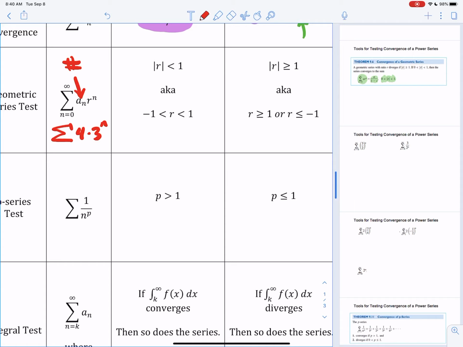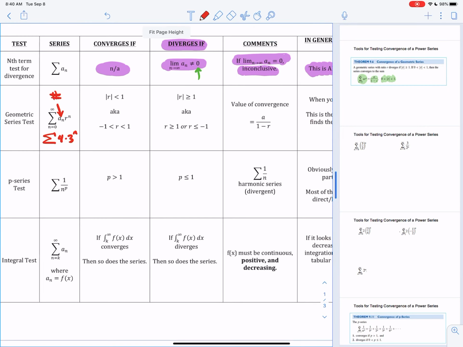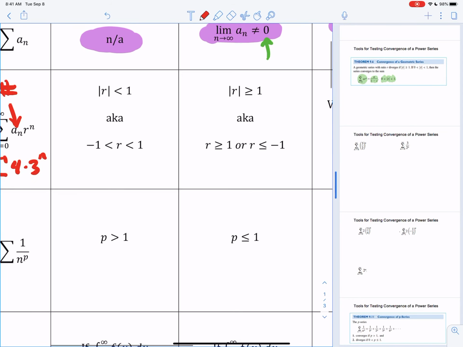Notice how that has a number in the front and some type of radius, and then to the n power. More on the radius later. Basically, depending on what that r is, it will converge or diverge. So let's read this real quick. They're ignoring the signs. Sometimes your r is negative, sometimes your r is positive, but they're saying just look at the absolute value of it. If your r happens to be less than 1, or within -1 and 1,